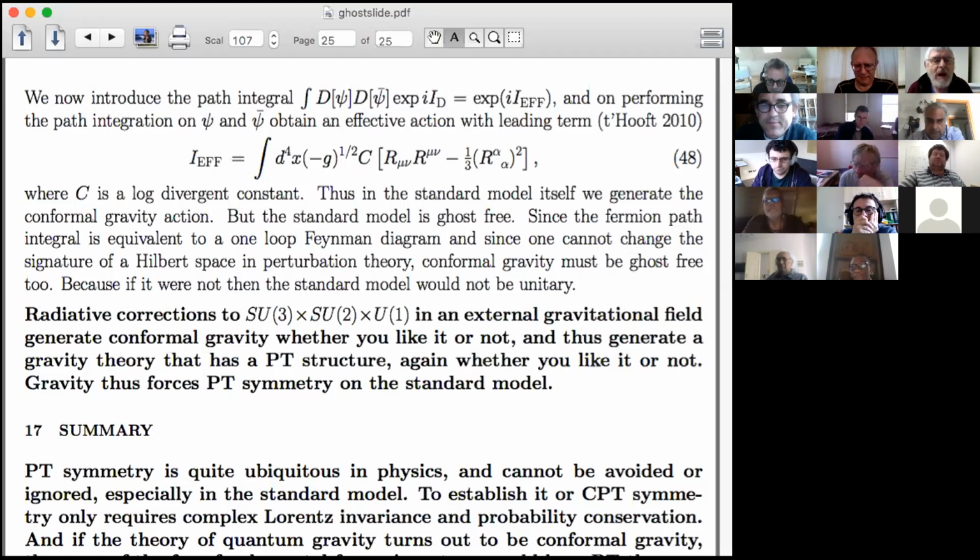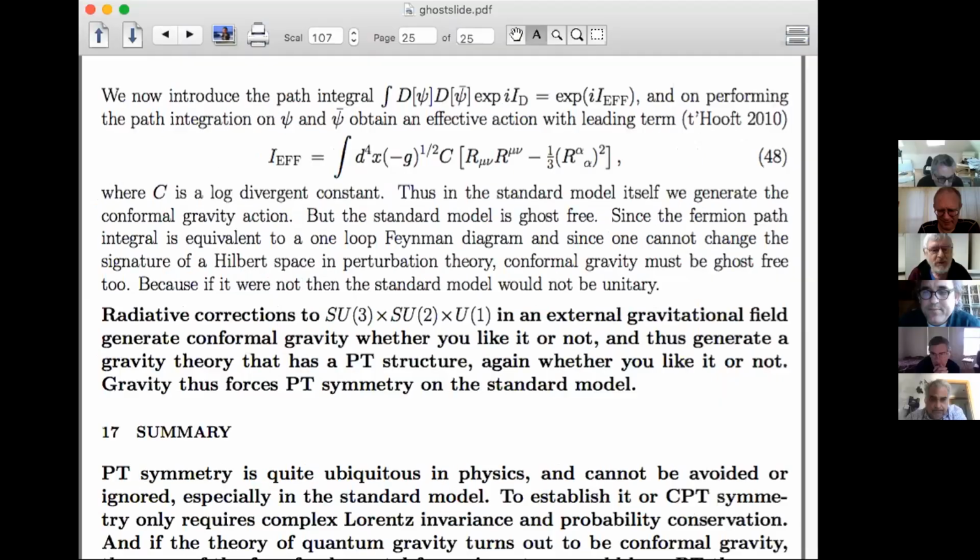Exactly. However, you don't do that. As you let the masses shift, you deform the contour so that both the m² plus iγ and the m² minus iγ lie in the same contour. And then the theory is causal. It's simply thinking that because we're used to putting m² minus iγ on a second Riemann sheet, therefore we should do it here as well. But the answer is no, you don't do that.